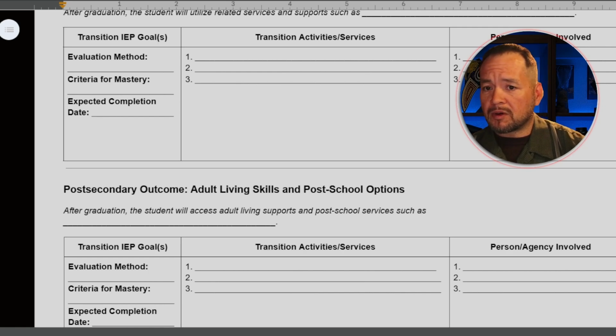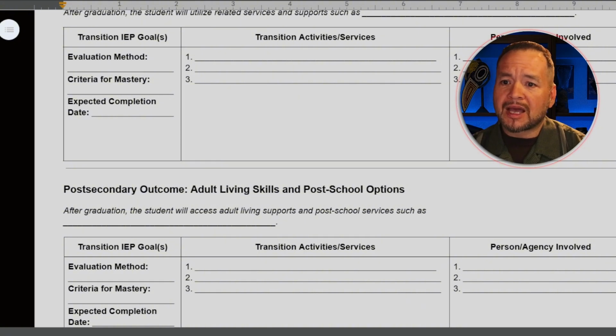And then definitely by the 12th grade year, they should be coming to the meetings to participate and to be an active partner. Because if we wait until after high school graduation is over, then you'll spend more time waiting for VR to get involved, because it's not a quick process whenever VR needs to meet with a client. It can take some time. Many VR case managers have over 100 to 200 people on their caseload. So you want to make sure that you start early, so that way you can be where you need to be whenever it comes time to graduate.